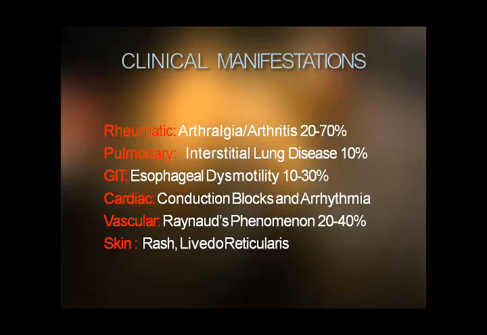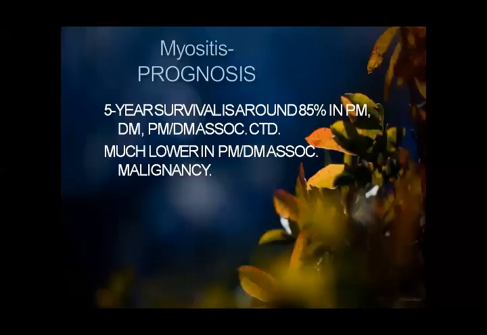Only polymyositis skin manifestations, only livedo reticularis is really seen. Okay, so what is the prognosis? If a patient has polymyositis, they usually have a 5-year survival of around 85%. It is a gradually worsening disease involving the shoulder girdle and hip girdle muscles. It may be associated with dermatomyositis, or polymyositis with an associated connective tissue disorder, or sometimes overlap syndrome.